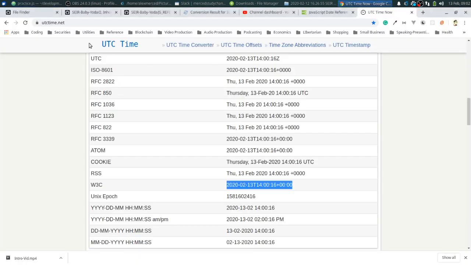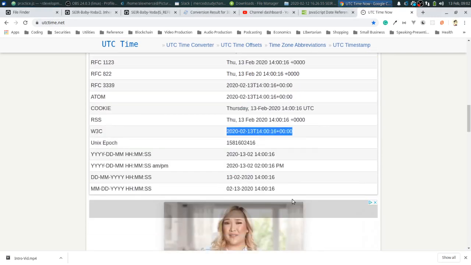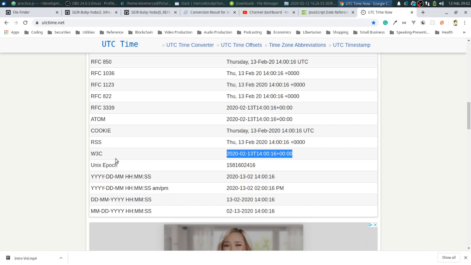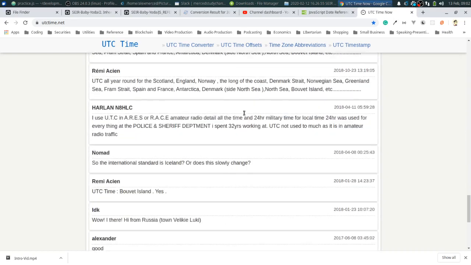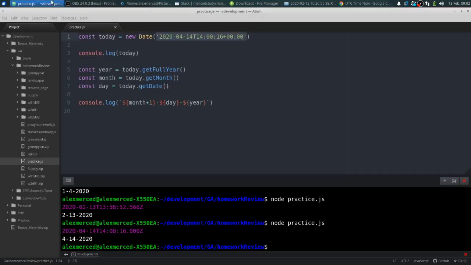So you can go to utctime.net and you can see all the different varieties and what these different types of timestamps mean. So the one I'm using is W3C, just because it's the one I've had to work with a lot recently. But these are all different timestamps, and I think date supports them all. And this kind of goes through how they break down with time zones and stuff. And that's the other thing you have to be really careful about, time zones. This is where now the external libraries become much more useful,